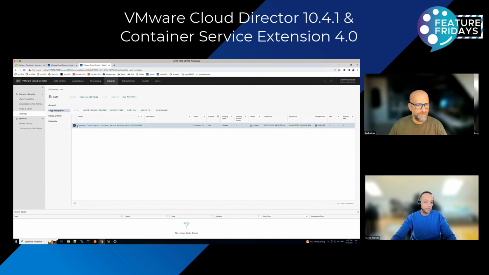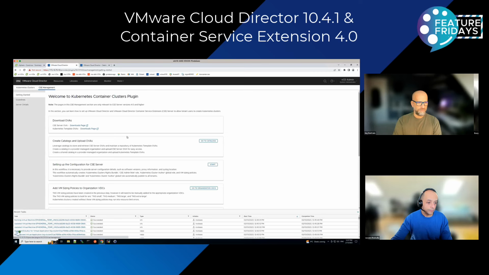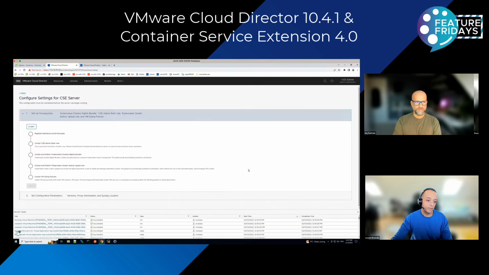Before you go to the deployment of the VApp, there is one step I wanted to show you. If we go back and go to Kubernetes, CSE management. Once you create the catalogs and the org VDCs and upload the OVAs, before you deploy it, you will need to click on Start here.